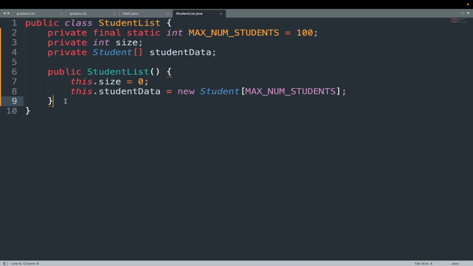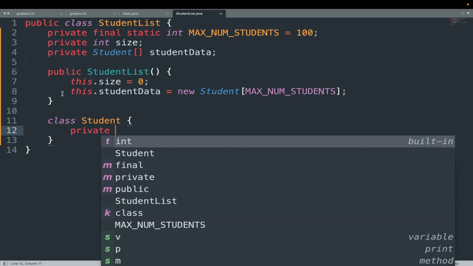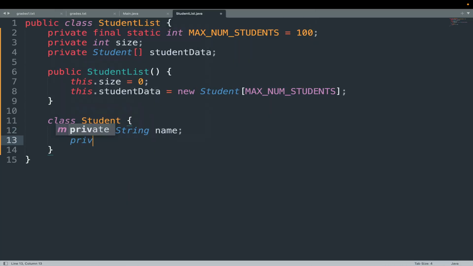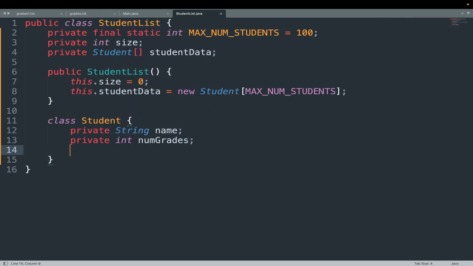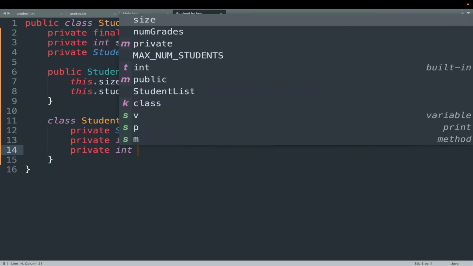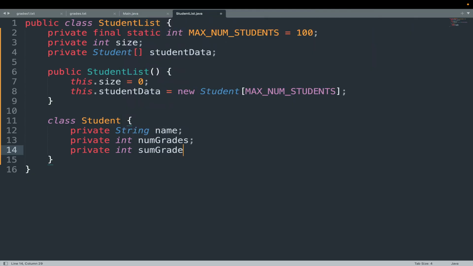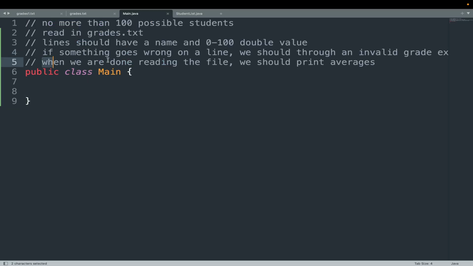And I'm going to just, for the sake of seeing other ways to solve problems, create this internal student class right here. We'll just make a student class right here. This internal student class can have a private string name, a private int numGrades, and a private int sumGrades. Now this is really important because we should understand that